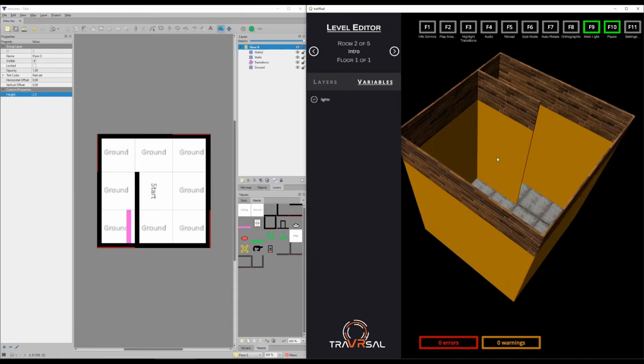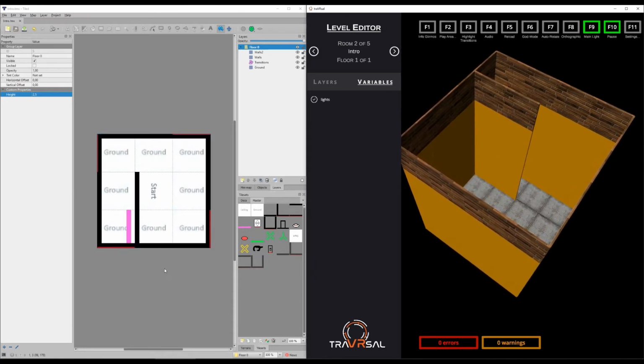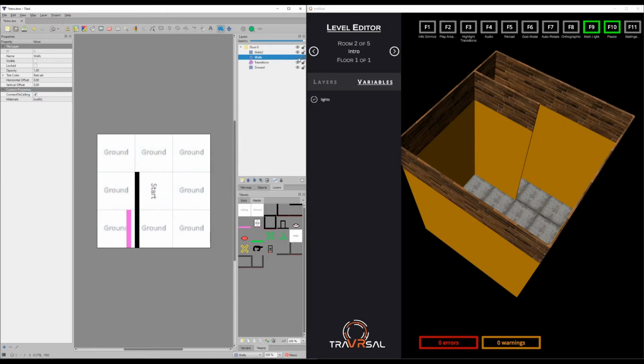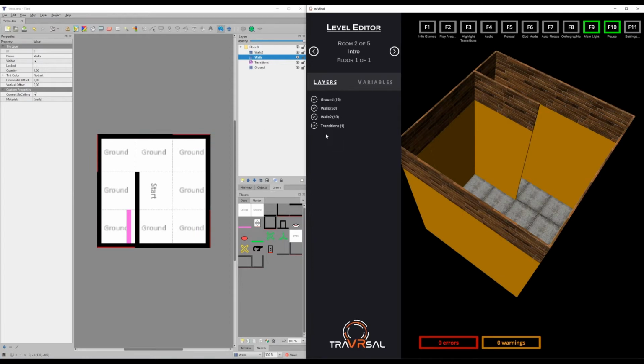claustrophobic. And then let's look at the middle section, which is much more interesting. So we have the black parts here, which are the walls, those here, which correspond to the layers. So let's now open up here. So we see the walls 2, ground, and transition. This is exactly the same as you see. And in order to paint those, I use the tile set that I provide down here. You can extend this. I will do a session on this in a follow-up video. But for the beginning, I think it should be good to just play around here and get accustomed to how